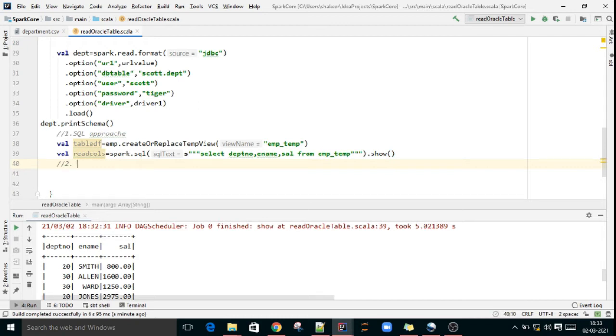The second one is the DataFrame API approach. In projects we will use only the DataFrame API method. The disadvantage of the SQL approach is, if you copy paste some SQL query here, you will miss a lot of Spark optimization techniques, like persist and broadcasting. How will you apply them in a complex query?